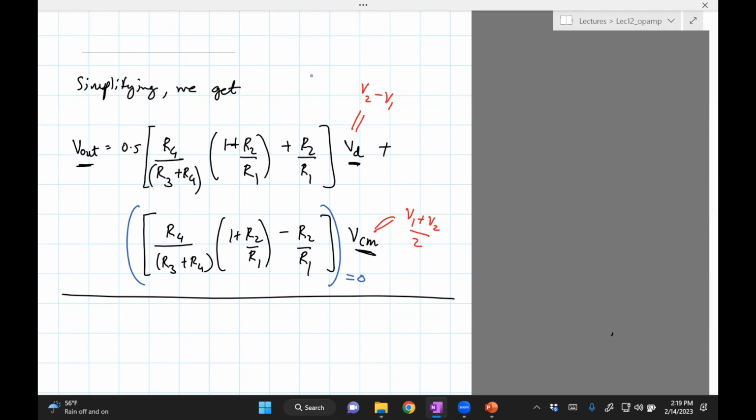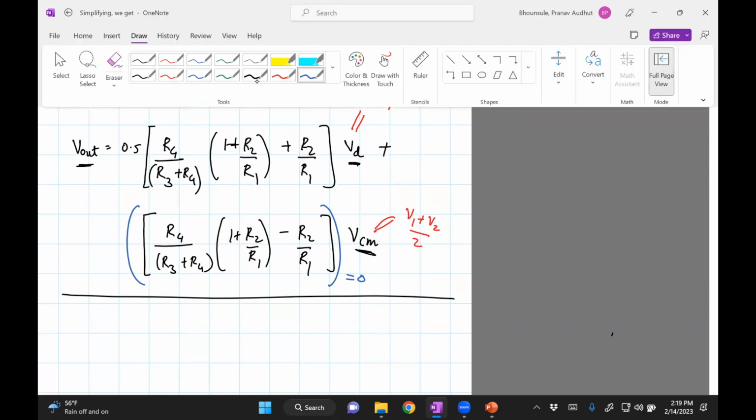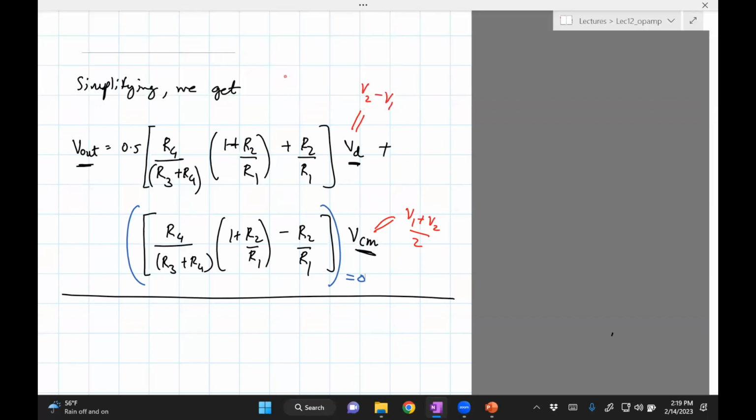It's not magical. You need to choose some resistor value such that it comes out to be 0. So if you make the choice maybe R1 equals R4, and then R2 equals R3,